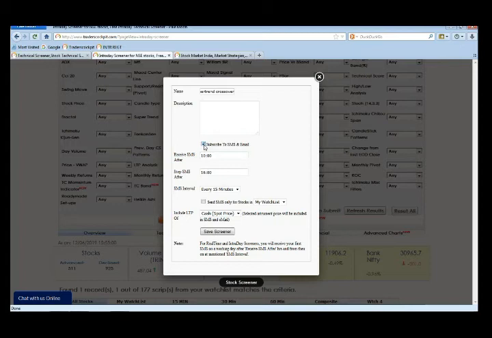In case you want SMS and email notification on the screeners which you have created, just click on this checkbox once. And then in the receive SMS initial time, you can put in the initial timing of the market from the point when you want to get the SMS alerts. Say we want it from 9:15 or we want it from 9:30.